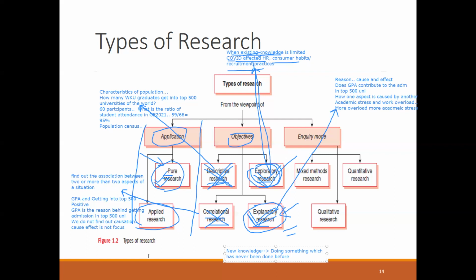Can you explain pure research again? And first of all, with little knowledge in this field, I can have more room to create new things. Isn't that true? It is true that if there is little knowledge, you will have more room to create new things. It is true, but at the same time,